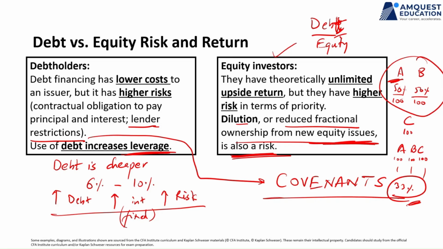So this is a fundamental problem with equity, that every time you raise money, there is a possibility that you will lose a part of your business. You will lose a part of the ownership associated with the business. So that is a risk that equity investors live with. So it's not one size fits all, right? Everything has its pros and cons. Everything has its advantages and disadvantages in terms of financing.